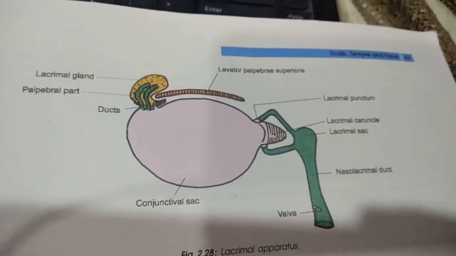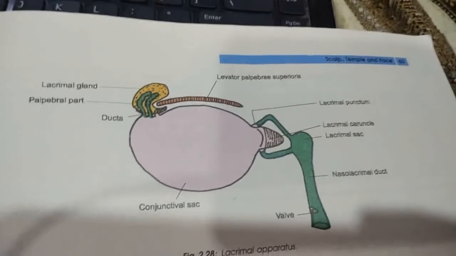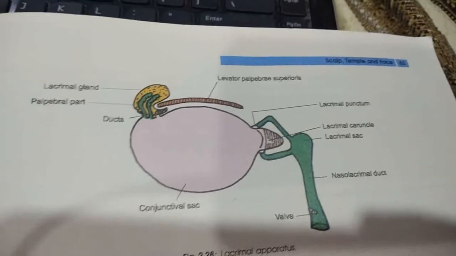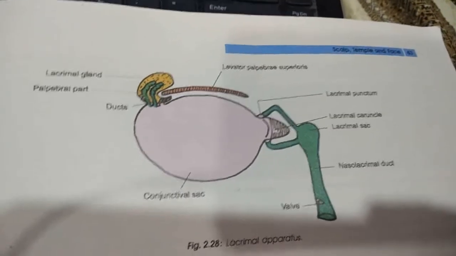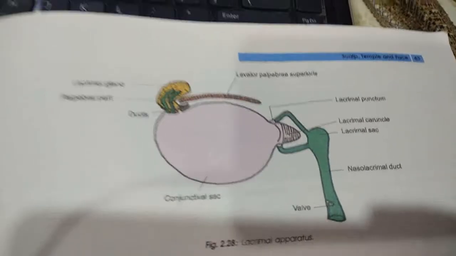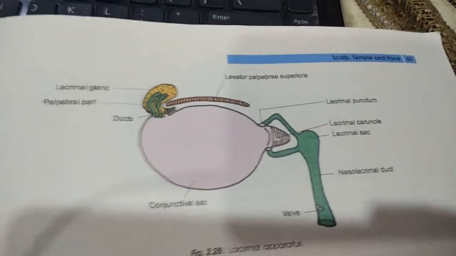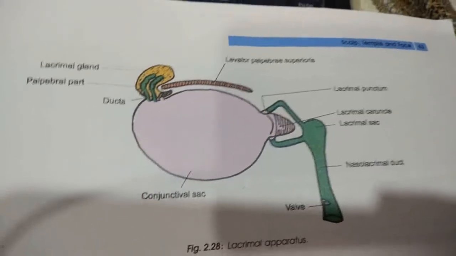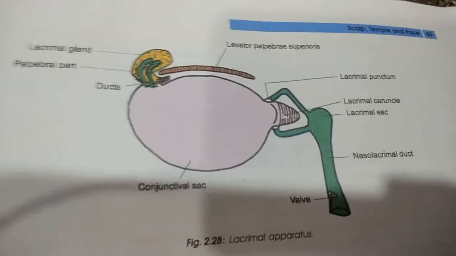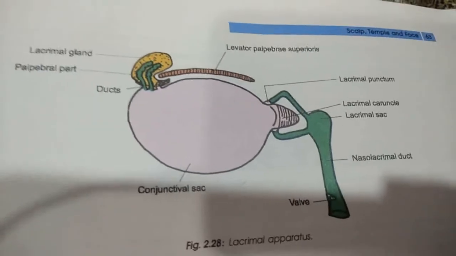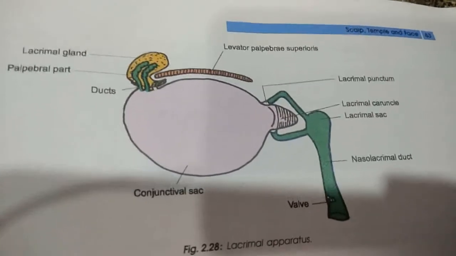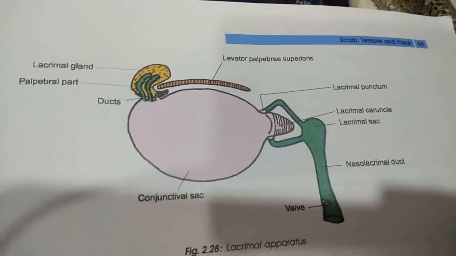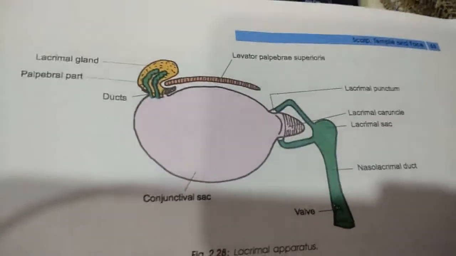That means when you do any surgical procedure along the eyelids, suppose you mistakenly cut the area of the palpebral part, the eyelid part, it will hamper the flow of the secretions coming from the lacrimal gland. So most of the ducts of the orbital part pass through the palpebral part. Removal of that area is functionally equal to the removal of the entire gland.